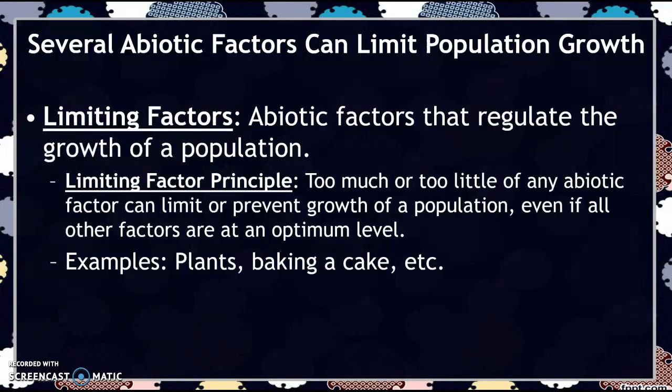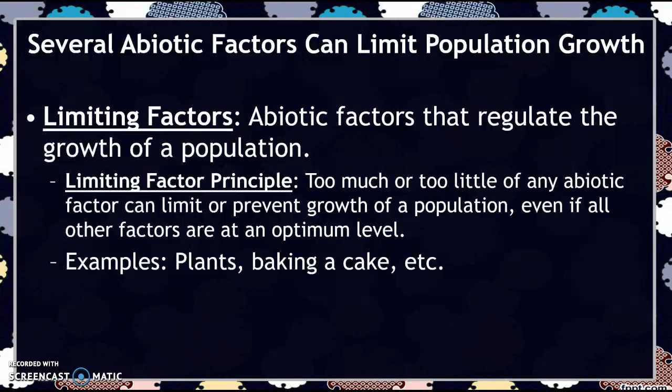There are several abiotic factors that can limit population growth, and we call these limiting factors. Again, this should be a review from bio. And limiting factors are abiotic factors that regulate the growth of a population. So basically, this leads to something called the limiting factor principle, which says that too much or too little of any abiotic factor can limit or prevent the growth of a population,